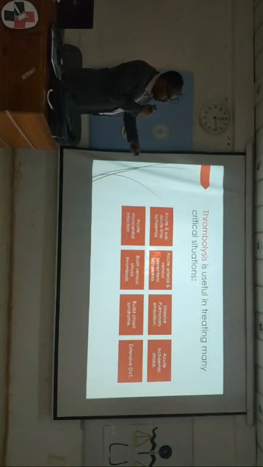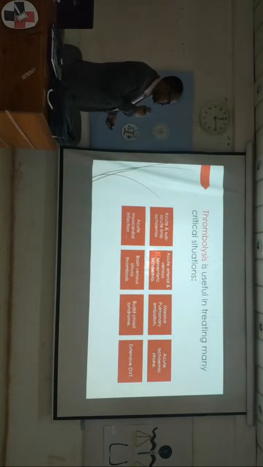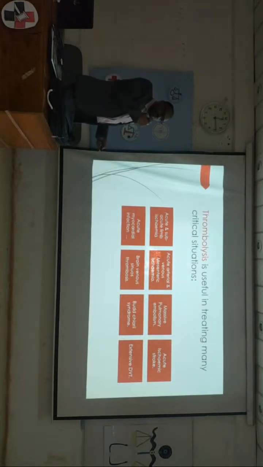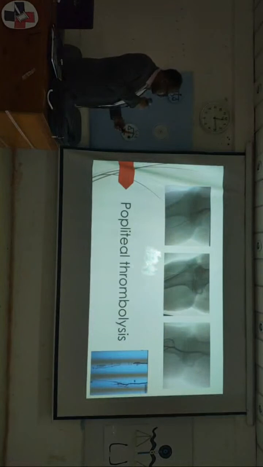Thrombolysis can be useful in many critical conditions: acute and subacute limb ischemia, upper limb ischemia, also mesenteric ischemia, massive pulmonary embolism, acute ischemic stroke, extensive DVT, Budd-Chiari syndrome, brain venous sinus thrombosis, acute myocardial infarction. All these conditions with veno-arterial occlusive disease can be treated with thrombolysis. I will give just one example for